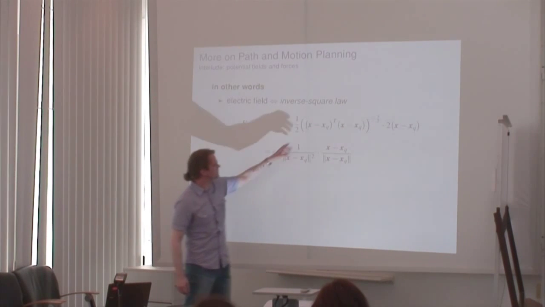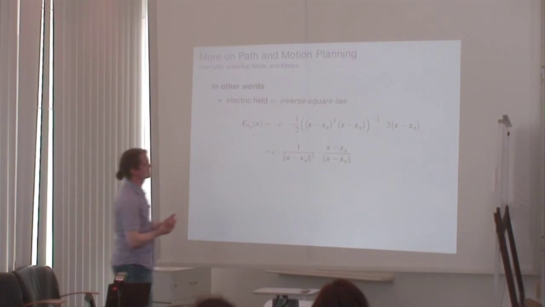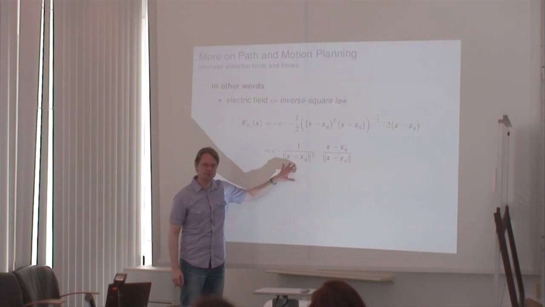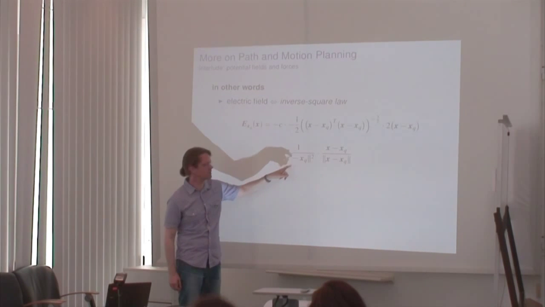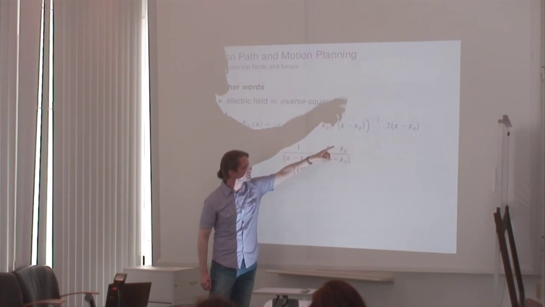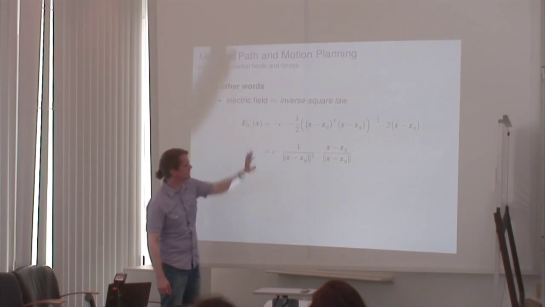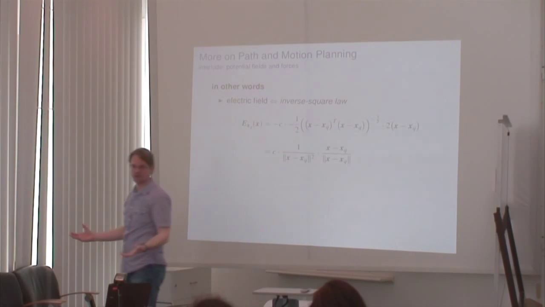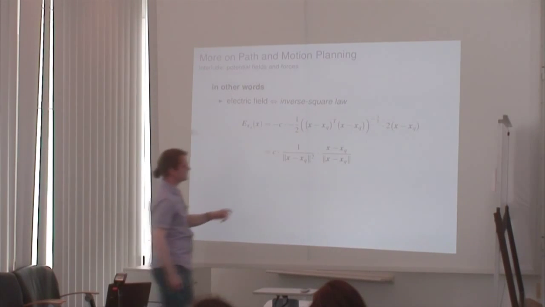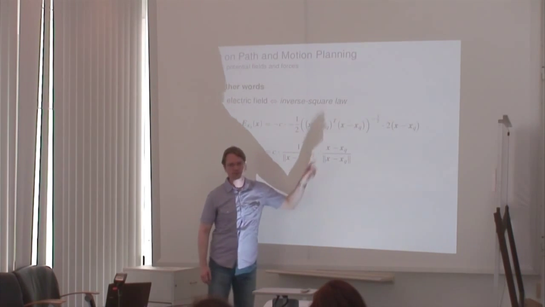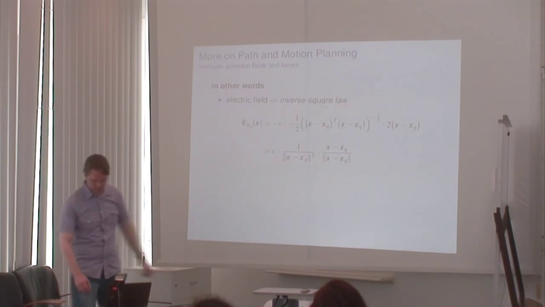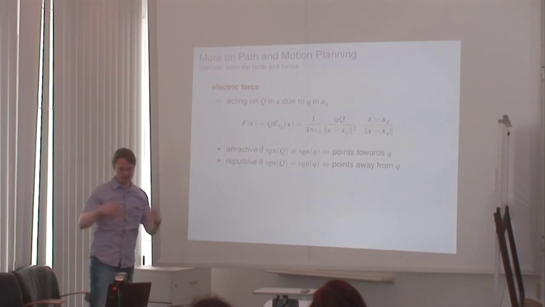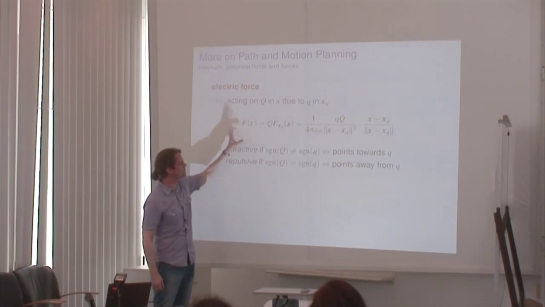And we find that this thing raised to the power of minus 3 over 2 can actually be expressed as 1 over the squared distance between x and the location of the charge, times the vector, this is the term at the end there, normalized by its size. So this is actually a unit vector pointing from x to x cubed. And then the electric force, once we have the force field, is basically the force due to a charge